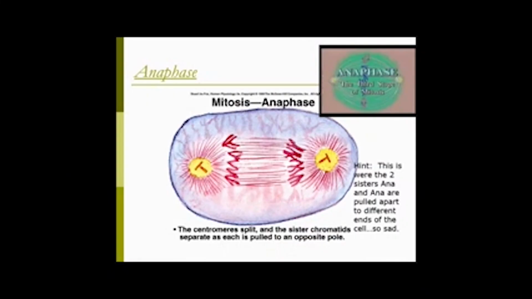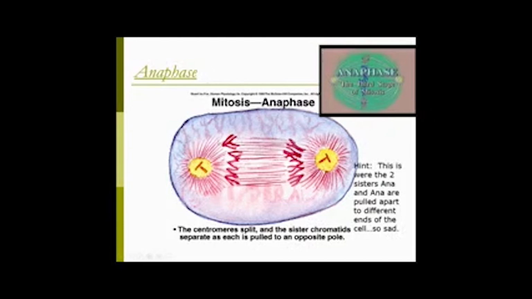All right, the next phase is anaphase. Anaphase is the apart phase, and they really are pulled apart. So they go from being sister chromatids to daughter chromosomes as they're pulled apart. Each of them was an identical copy of a chromosome, but together they've got that. So they're called chromosomes when they're separate, they're called chromosomes when they're together. When they unwind, they should be called chromatin, but they're not going to unwind yet.